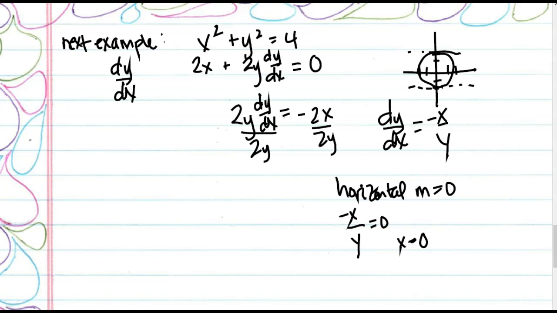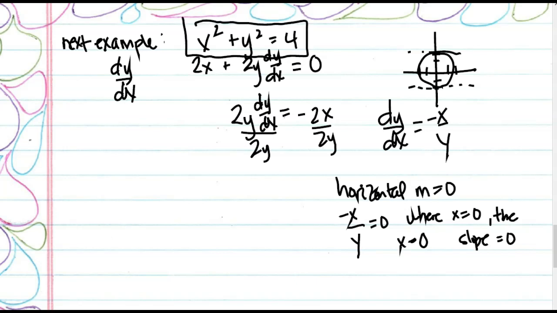Now, what does the y value equal when x equals 0? What this is saying is that where x equals 0, the slope is also 0. That's what this statement says. We solve for x, and that tells us about slope. Now, if we want to find the points, we'd have to go back to the original equation,